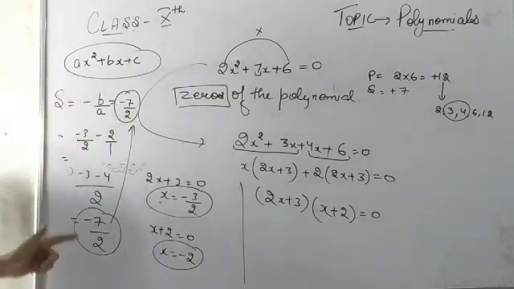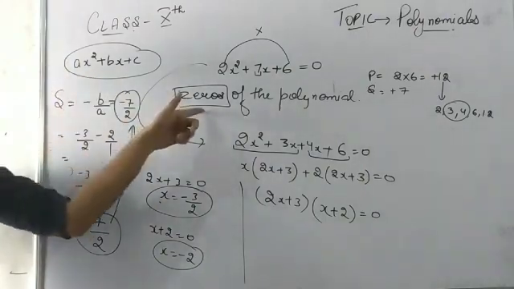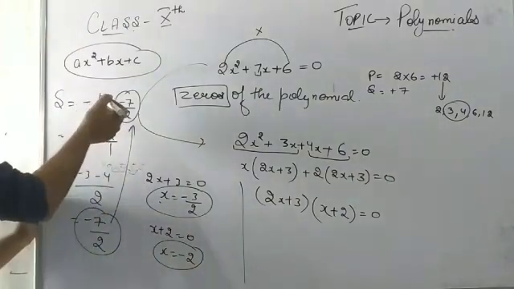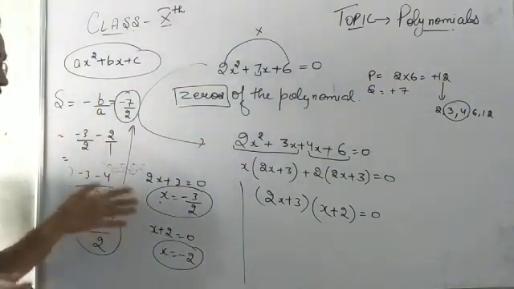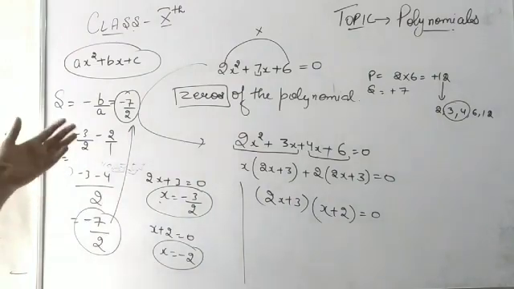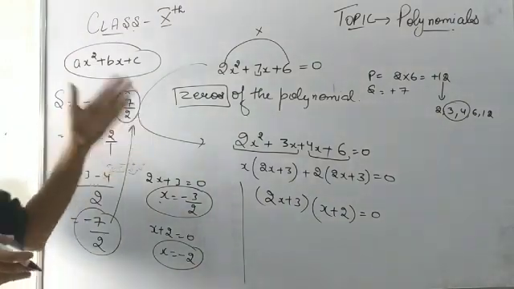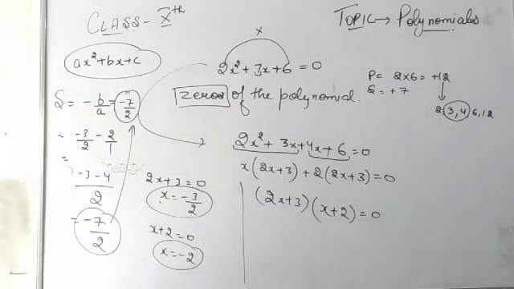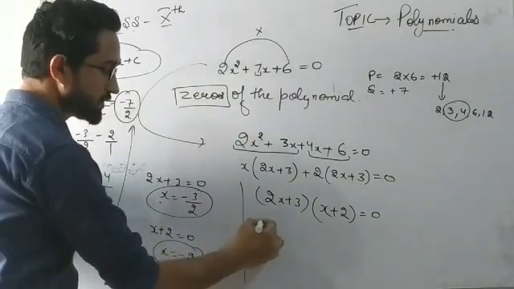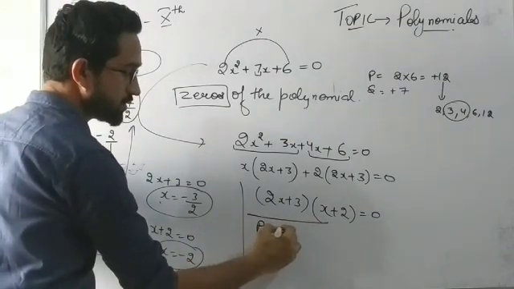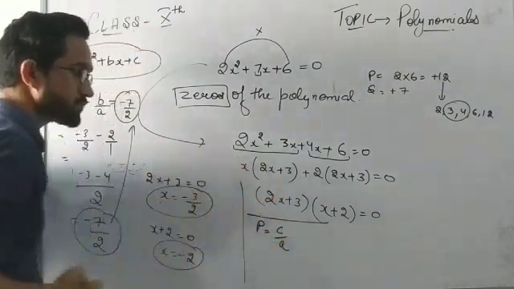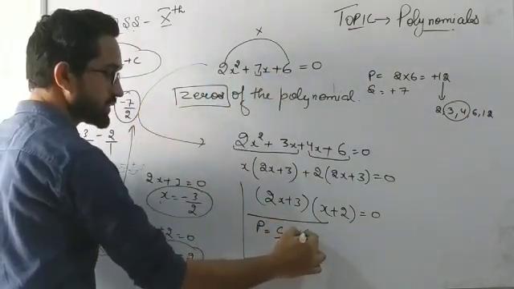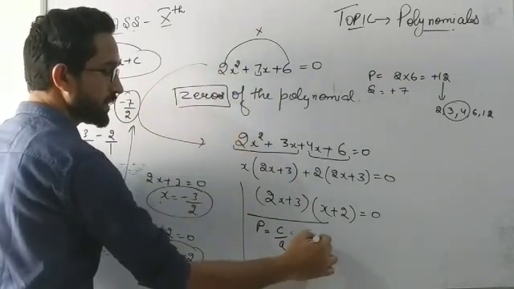We have verified that we can use this formula to find the sum of zeros of the polynomials by just taking the values b and a. No need to find even the zeros. If they are asking you, you have to do it. Otherwise, if they are just asking the sum of zeros, you can apply minus b by a. Similarly, we have the product of zeros, that is equal to c by a. What is c here? c is 6 and a is 2. That is equal to 3.